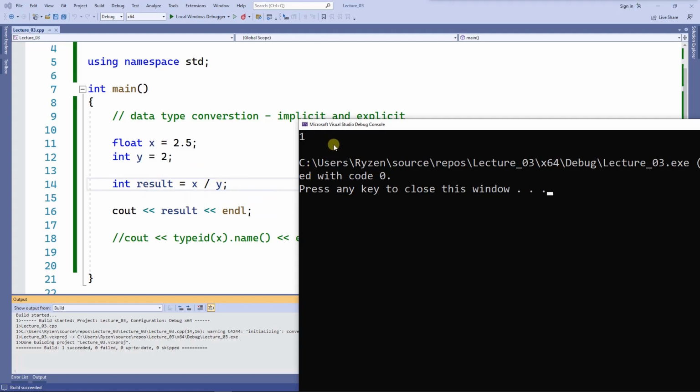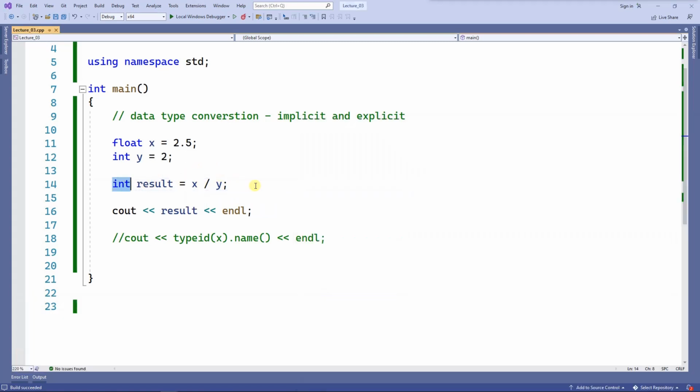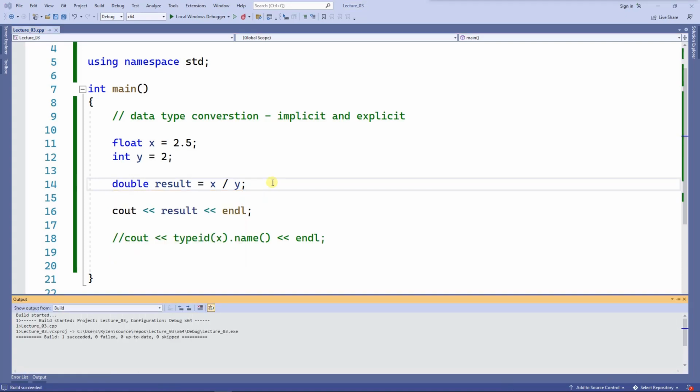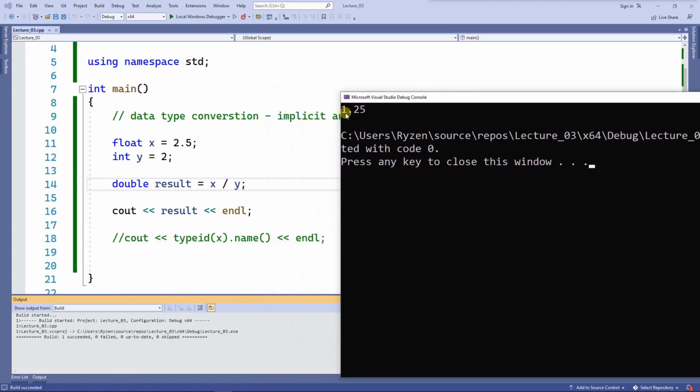So I'm losing data here. If I change this to, let's say, double, then I'm not losing any data. However, I did a conversion from float and integer to double. Now, every time you go from a smaller data type to a bigger data type, you usually don't lose any